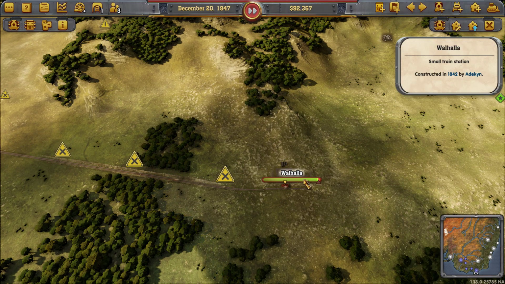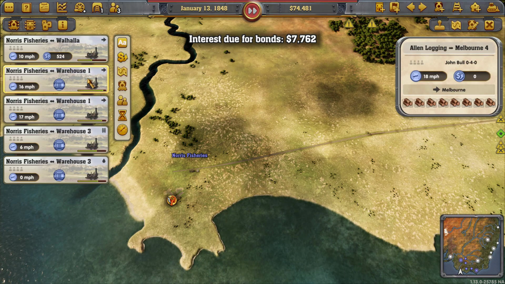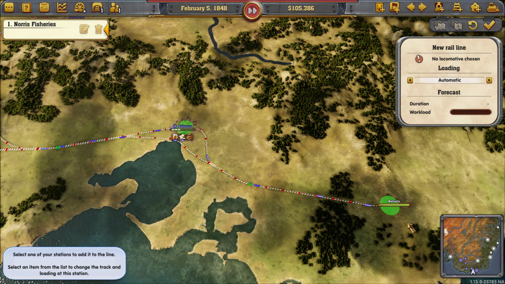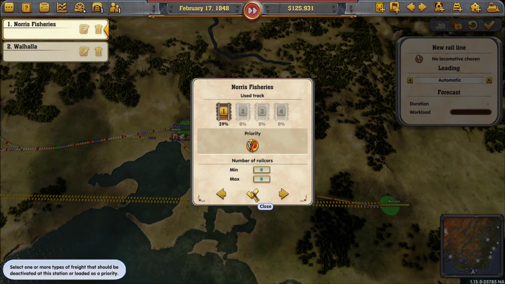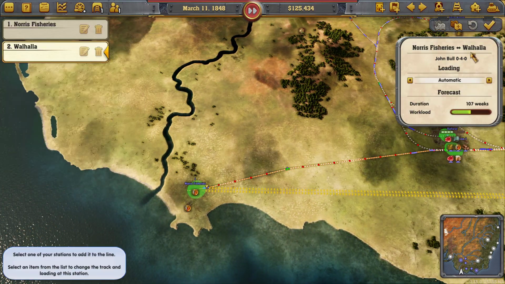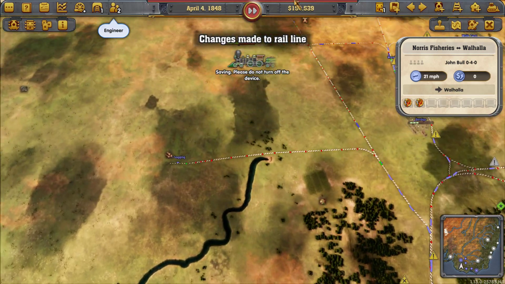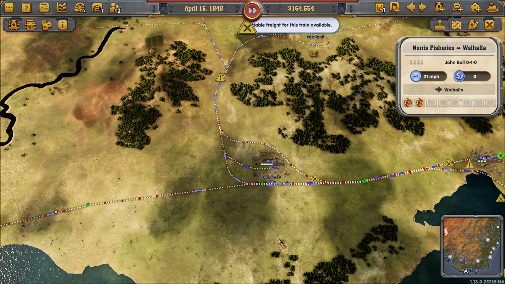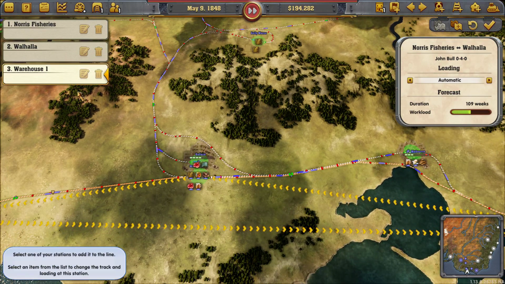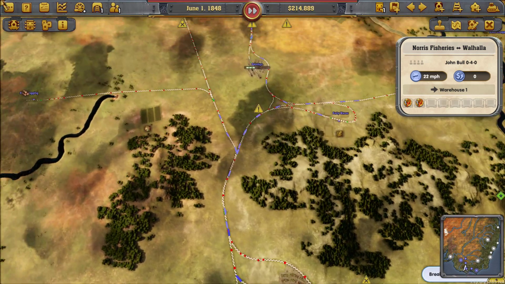We're almost there on Walhalla. We need 2 seafood. This is probably unnecessary, but let's go for it. Oh, and of course it won't load, so it will only take the 2 it needs. So go. And I think we can actually add a stop in there without losing the load. Good. So he'll go to the warehouse. Hopefully it won't unload that seafood, but